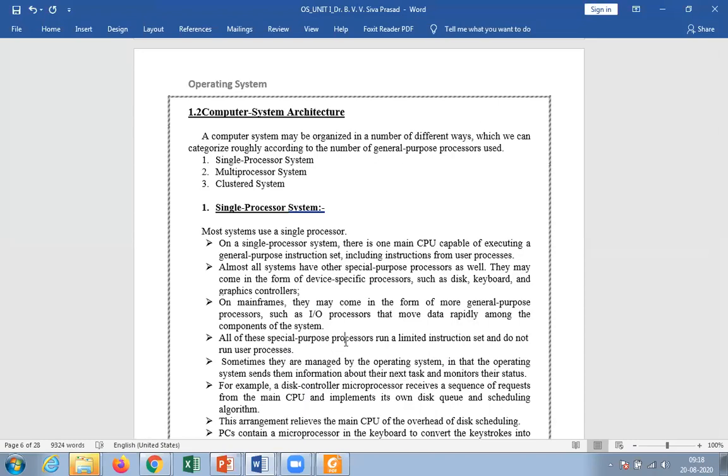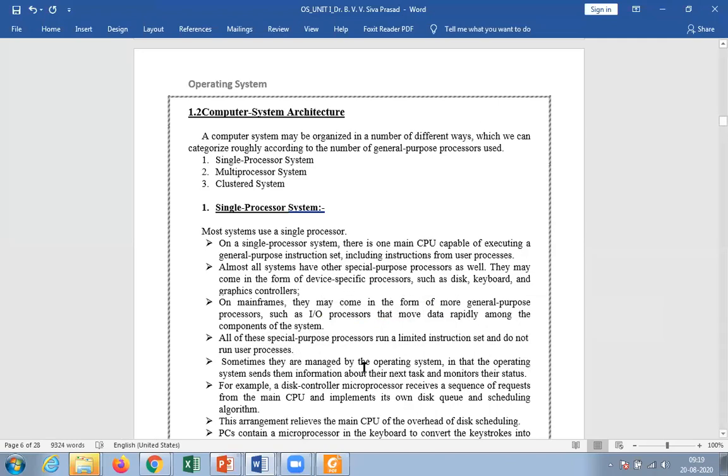They are not going to execute other user processes. They execute only the specific or special purposes. Only specific purpose processes are going to be executed.